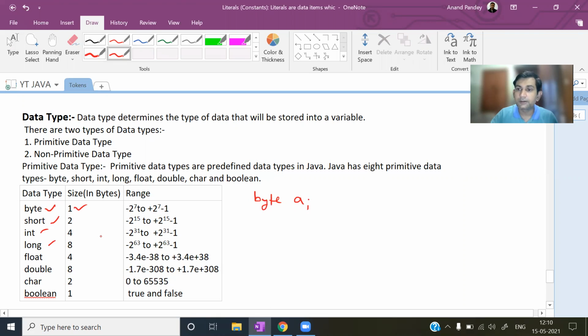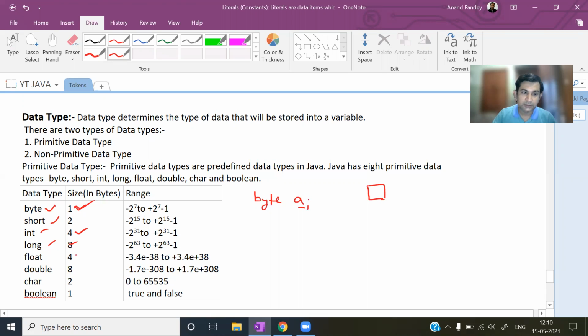So if you're declaring a variable of byte type, you can see the size of a byte type variable is what? 1 byte. Means it will occupy 1 byte memory space somewhere in the memory location. If you are declaring a variable of int type, it will occupy 4 bytes in the memory space.